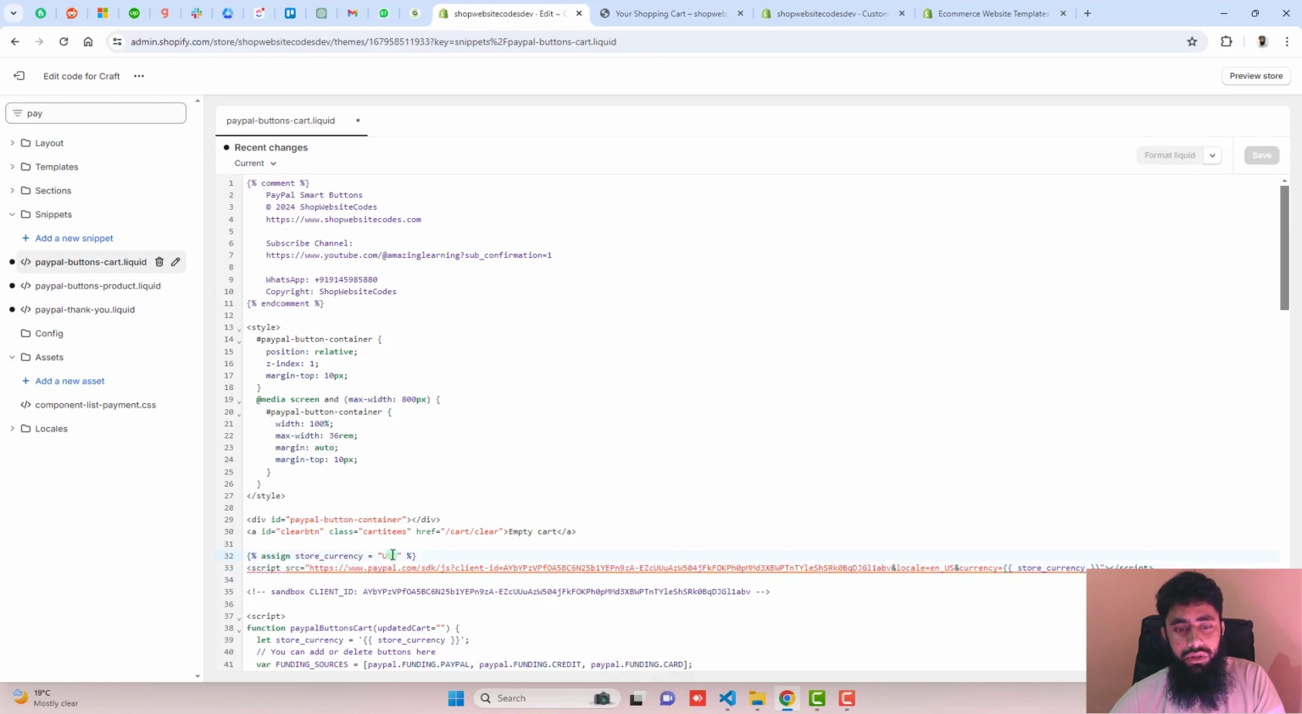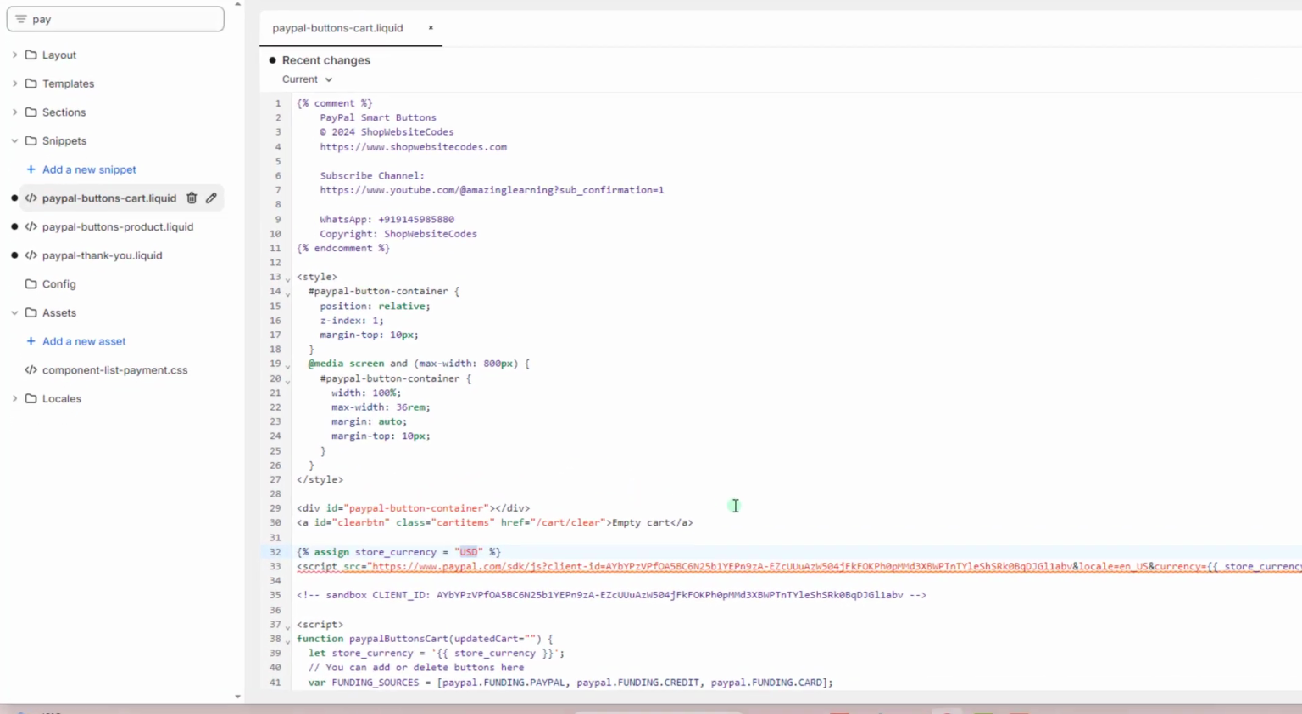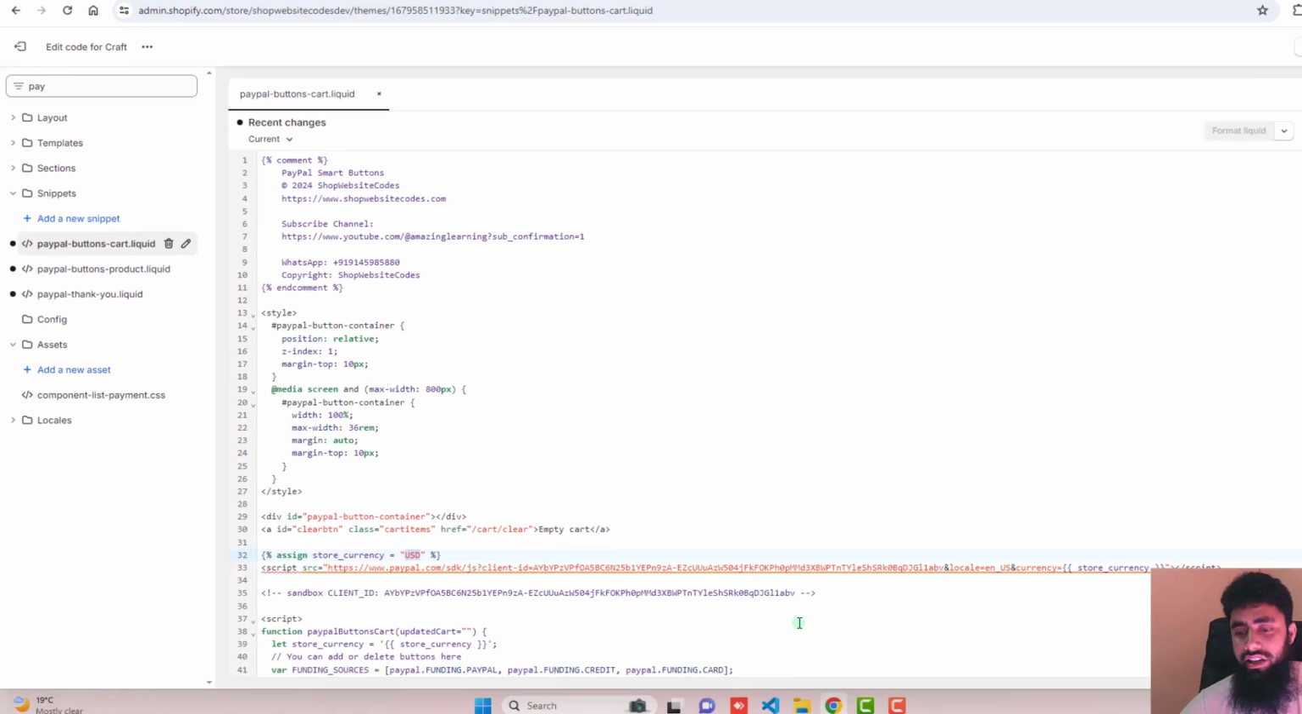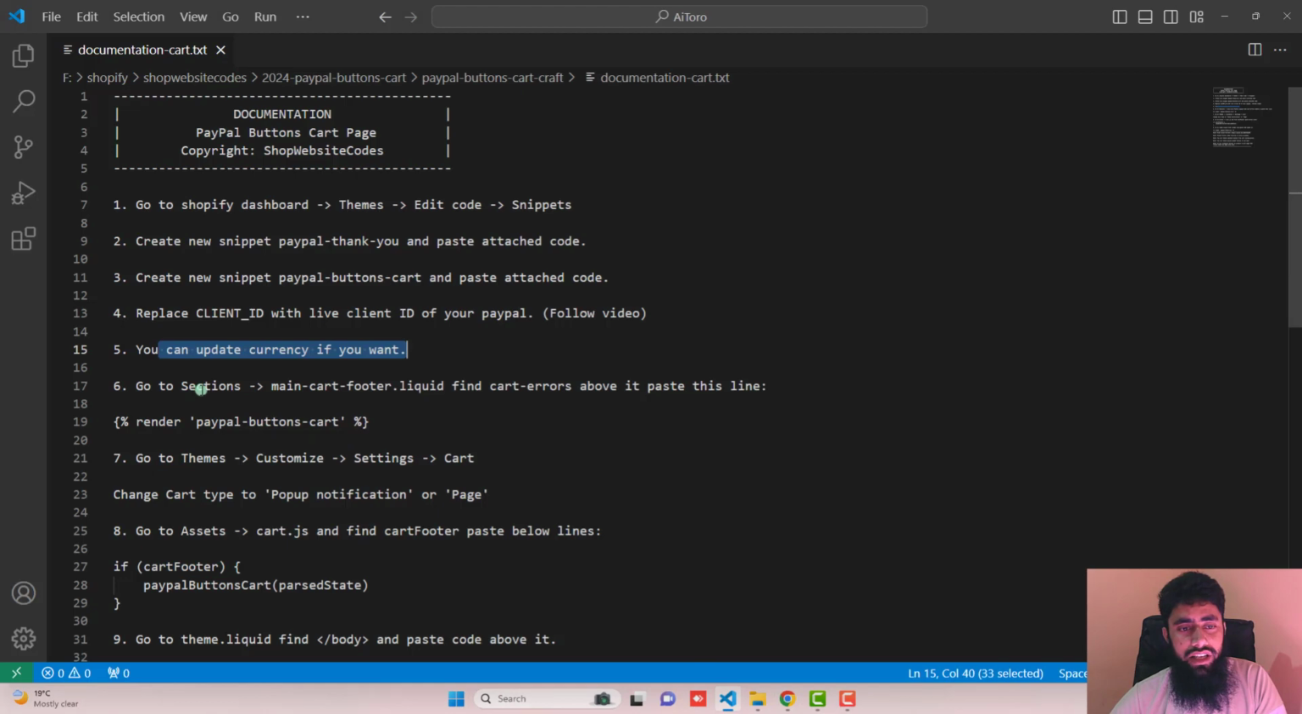So here we have the currency US dollars. If you have any other currency, for example euro, you should put EUR. If you have any other currency code, then you can put it right here. Then the next step is go to section, open